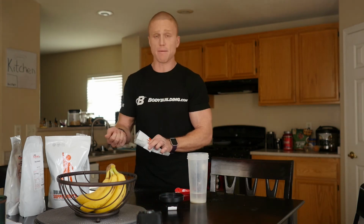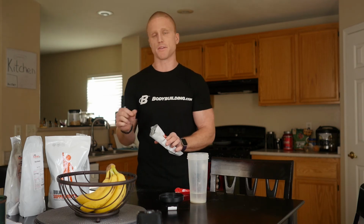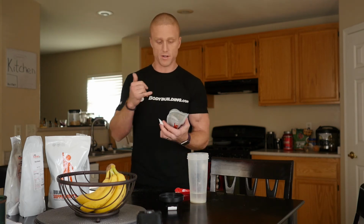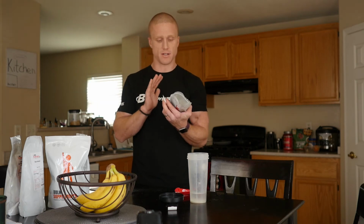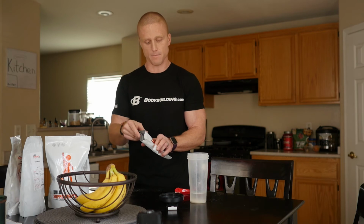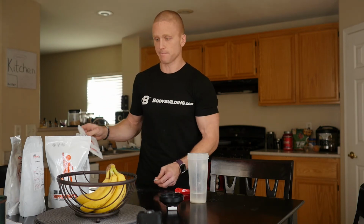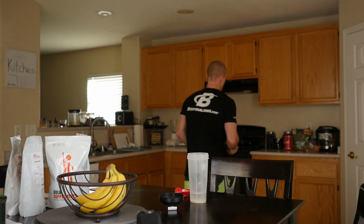Most fat burners or caffeine pills you buy from the store are going to be bigger, and they're going to have all these other additives. Whereas this has nothing. It's just a gelatin capsule with caffeine inside of it, so it's a super small capsule. So I won't be using that today, but if you want, you can do that. Then I'm going to go ahead and talk about...